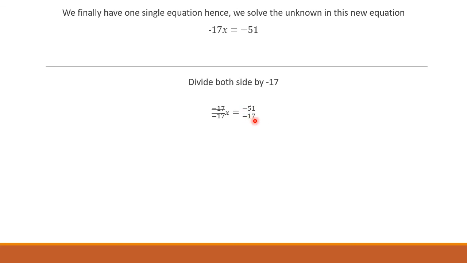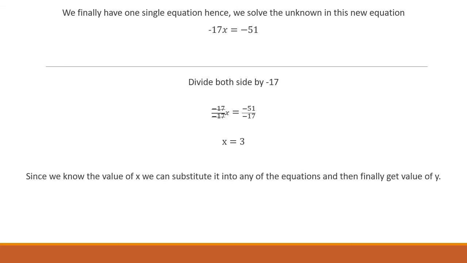Okay, because if you say 3 times 7 is equal to 21, and then 3 times 1 is equal to 3 plus 2, which is 51. So it is 3 here. So that implies that x is equal to 3. Okay, now if we find the value of x to be equal to 3, how do we find the value of y? We take any of the equations from the two equations. So here we are going to take